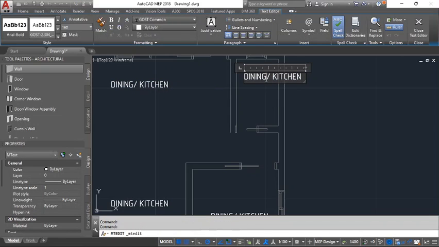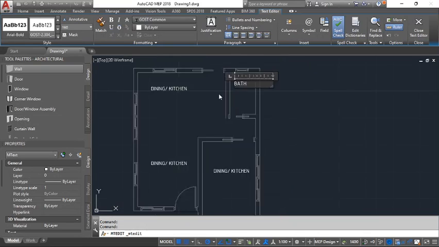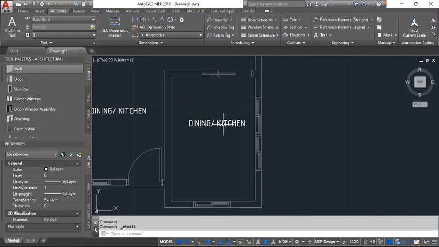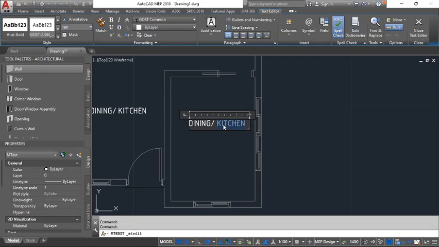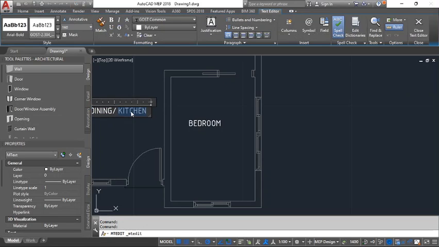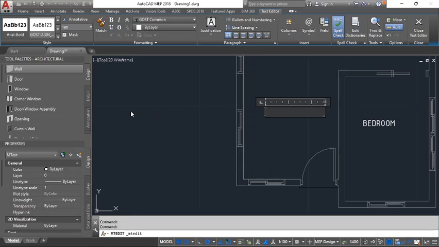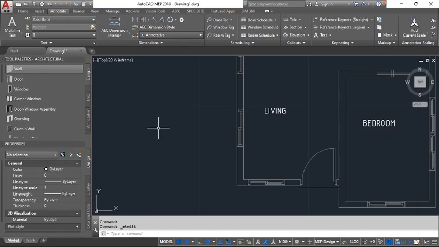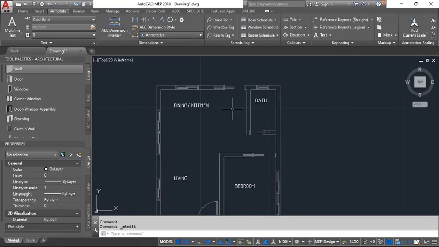So double click to edit, just need to type bath, and when you double click here you just need to put bedroom. So here should be, this is living. Let's put living for living room. Okay, and